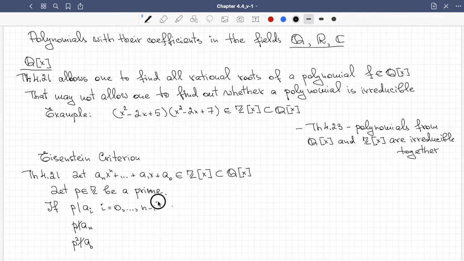If these conditions are satisfied, then the polynomial, or call this polynomial f,